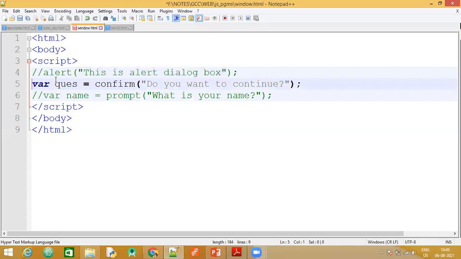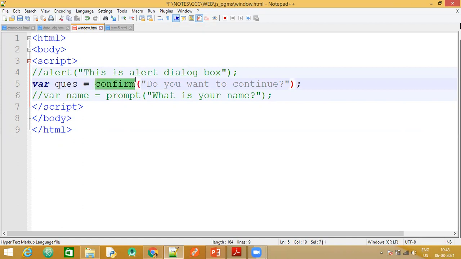Since confirm, as the name indicates, you can ask the user through your messages, and you can wait for the confirmation or you can wait for the cancellation. Suppose imagine that you had a file and you're trying to download it. I've declared a variable and the variable name is question, that is ques.